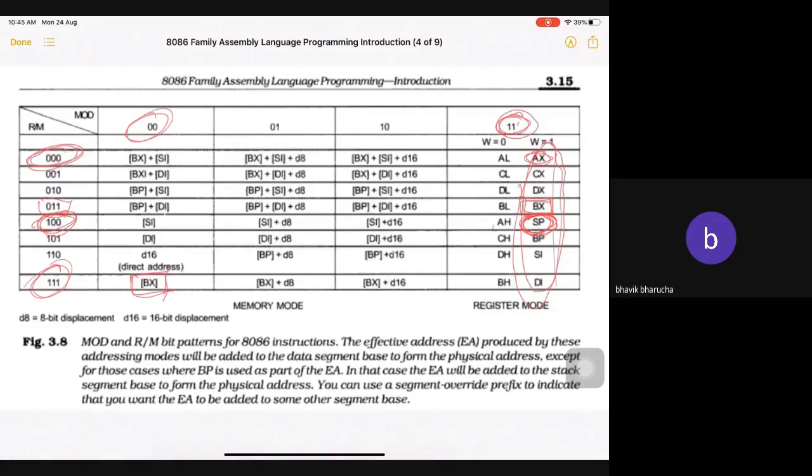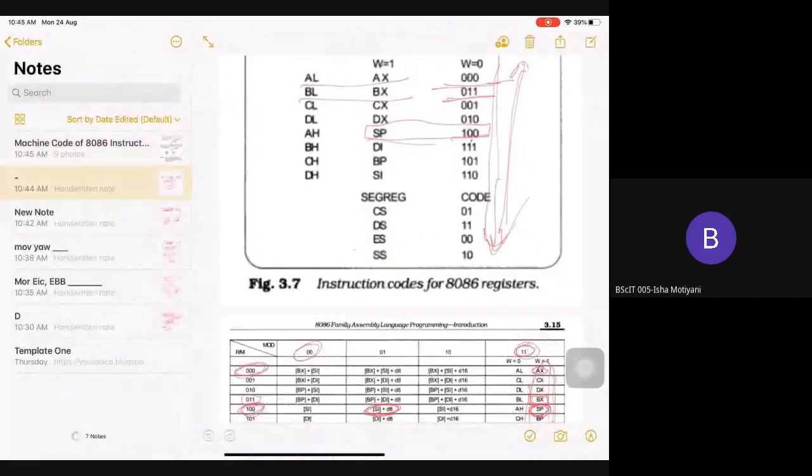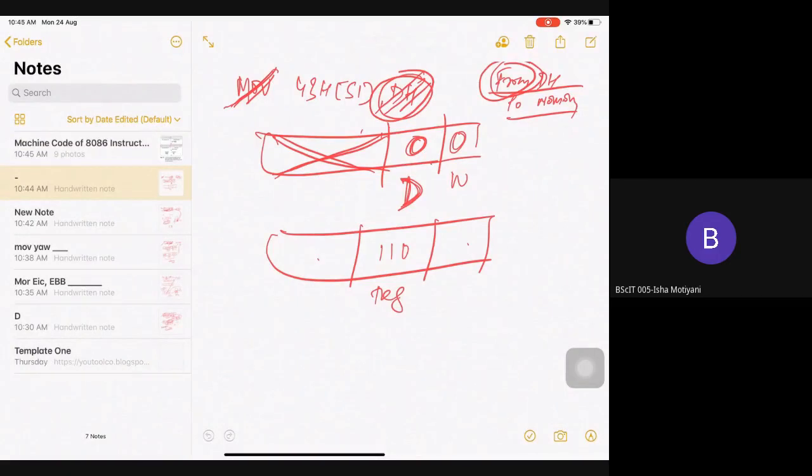Where is it? Check. Here it is. SI plus 8. So this is the box. So 0, 1 and 100. So that will be copied here. 100, 0, 1. Fine?